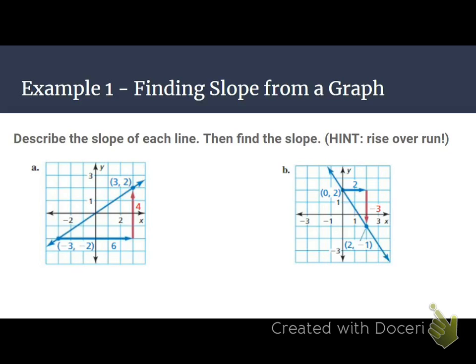Okay, so first, number 1A. If you look at that line, how would you describe its slope? Positive, good. It rises from left to right. If you wanted to draw a quick sketch of it, you could. You don't necessarily need a whole coordinate plane. If you just show a line that rises,